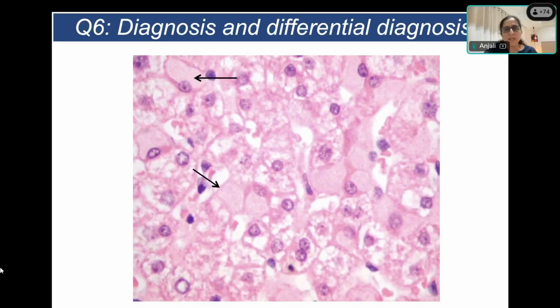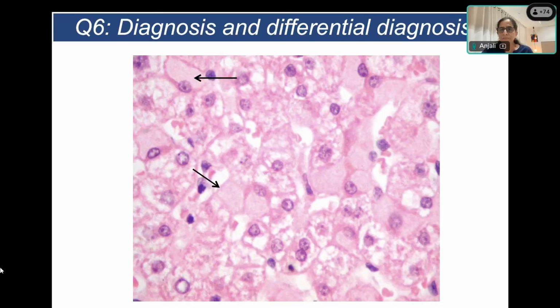So these are ground glass hepatocytes where you can see the cytoplasm. These are normal as compared to that. The other hepatocytes are normal hepatocytes, and whatever the arrow is indicating are ground glass hepatocytes, where the cytoplasm is finely granular. The nucleus may be pushed to the periphery; at the upper arrow, and at the lower arrow the nucleus has almost disappeared. So these are all ground glass hepatocytes. And the next question is, what is the differential diagnosis? She has said ground glass hepatocytes, and the answer is correct. But what about the differential diagnosis?